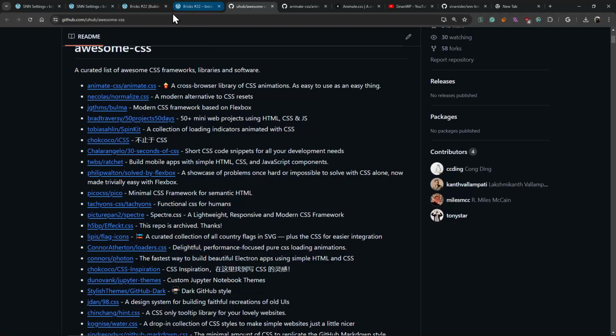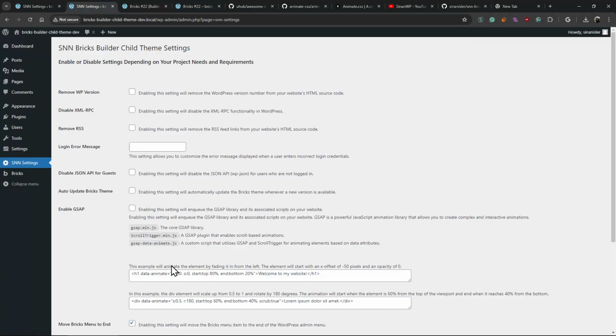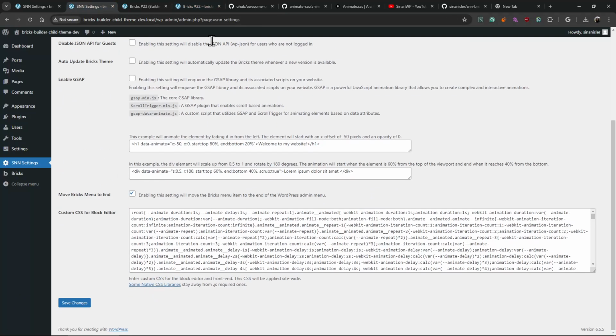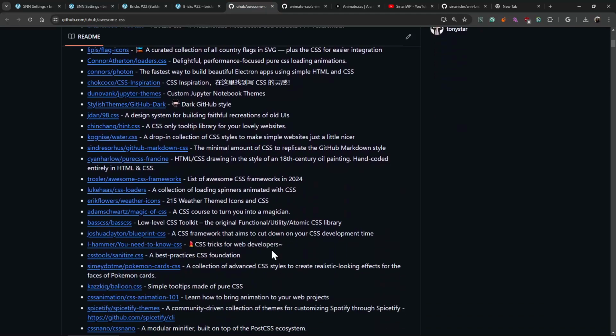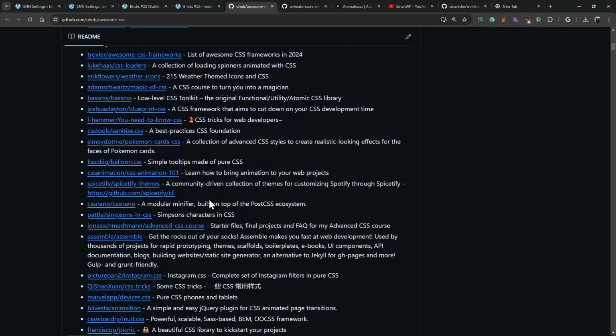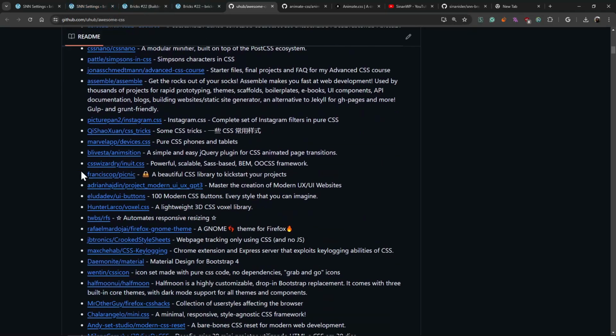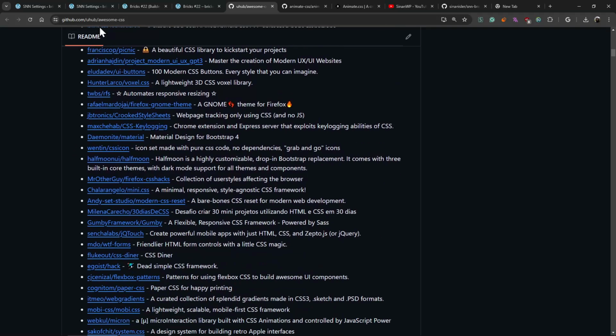For example, I have given this link from some native CSS libraries, but some of them require JavaScript too. Okay, just ignore them. Just use the pure CSS libraries. It has to be like pure CSS libraries. Okay, and this will be much easier for you guys too, because when there is JavaScript,